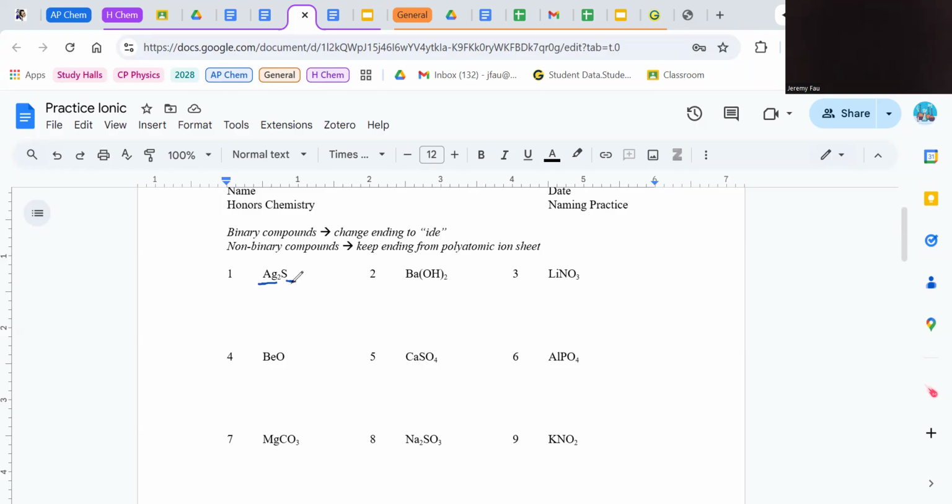So we're going to name the first element. Ag is silver. All right. And then we take the second element, the non-metal, which in this case is sulfur. So originally, we'll put the original one up in red, right? So originally it was sulfur,